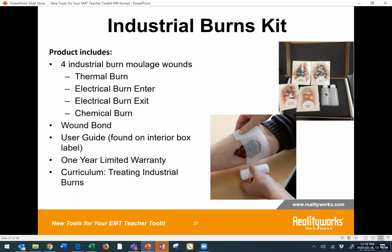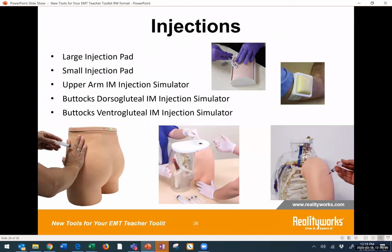We have several different injection trainers, a whole series of them, in fact, to help EMT students learn how to properly perform a variety of injections. Our large injection pad enables practice of intramuscular, intradermal, and subcutaneous. You can use fluids with it, and it has 3 layers of skin that are easy to clean up, dry out,